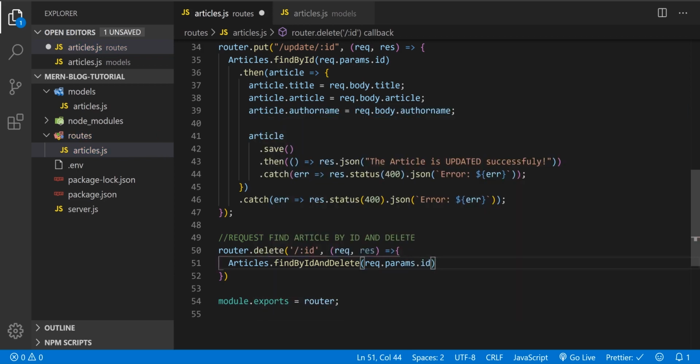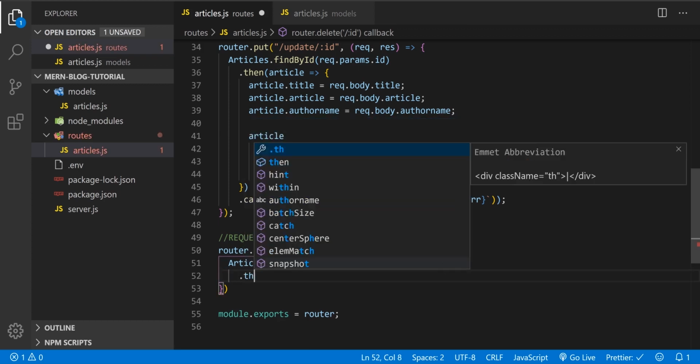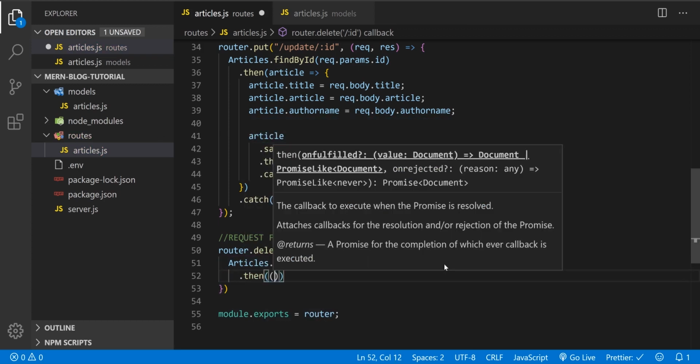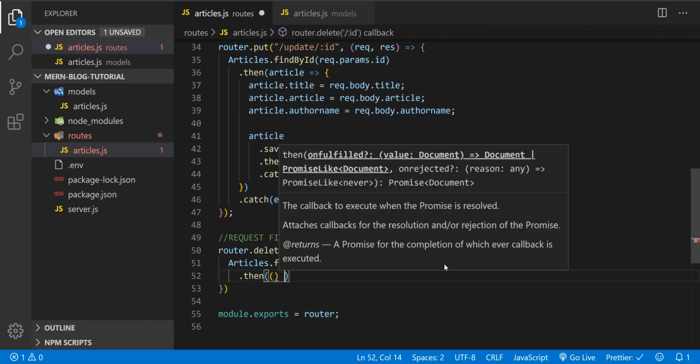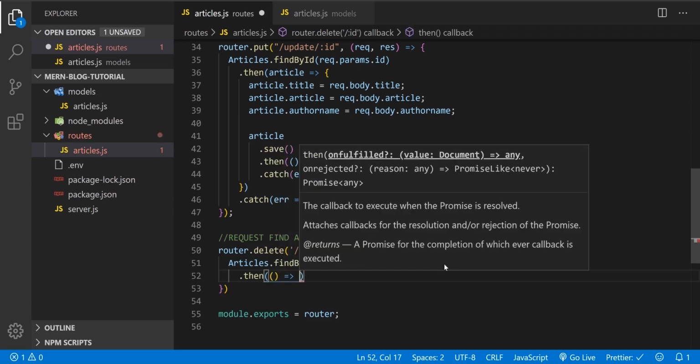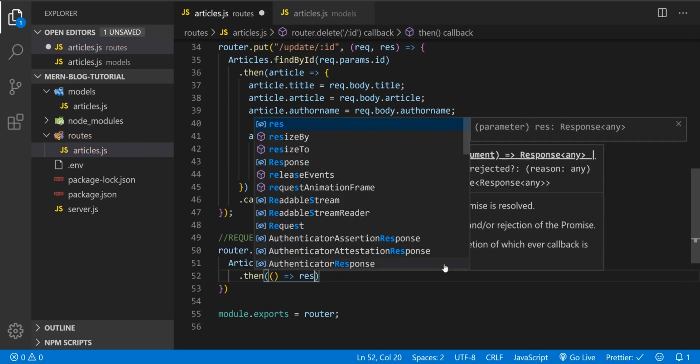All right, we're gonna look in our schema in database. We're gonna find by ID, and we want to delete, and we want the promise, and promise arrow function and response with the JSON,